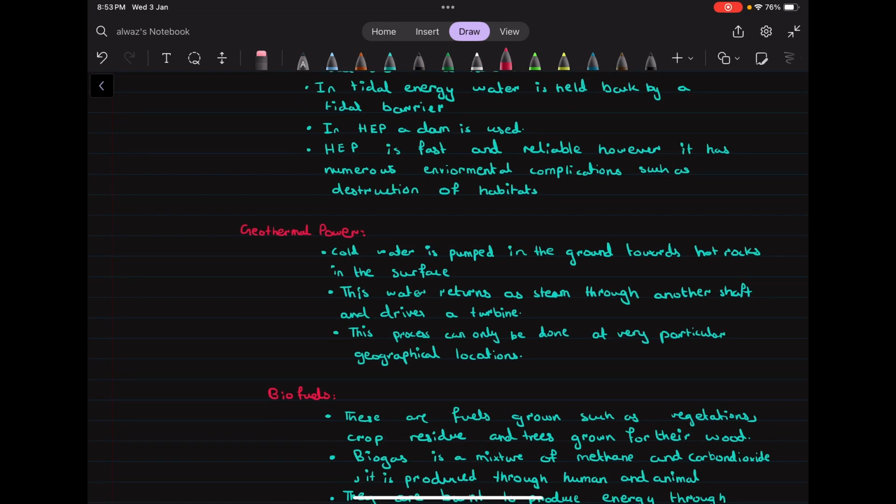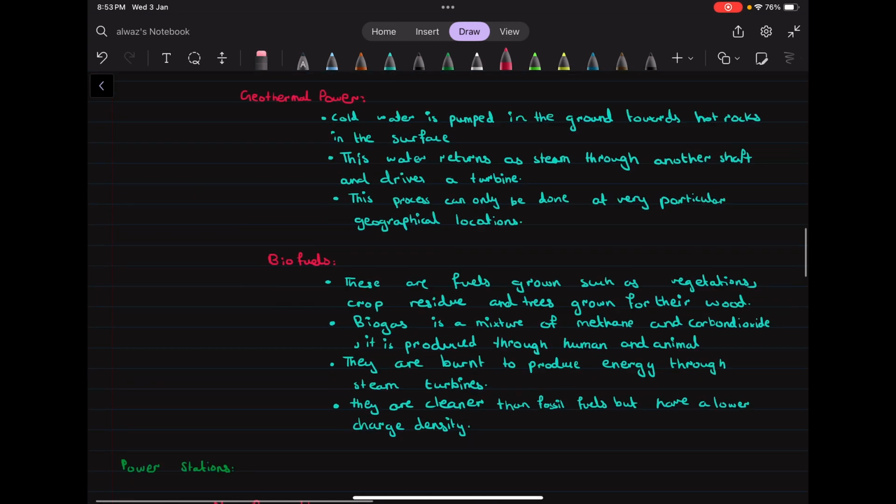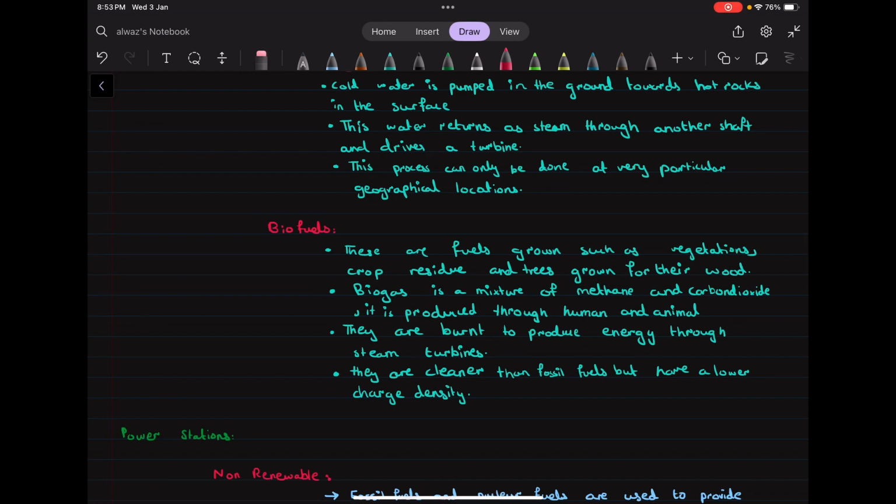Geothermal power is the power which we produce by pumping cold air into the ground towards the hot rocks and then collecting the steam which is produced by those hot rocks and using it to drive turbines. But this is also done very rarely because it is very hard to find spots which are optimal for geothermal energy. The next one is biofuels. These are the fuels grown such as